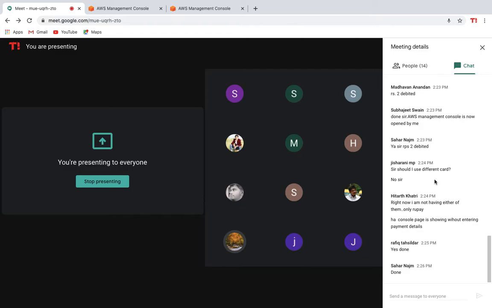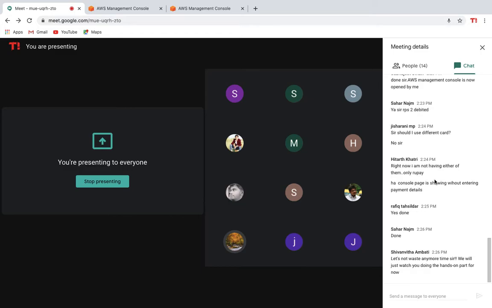Okay, meanwhile, let me give you some introductions. While predicting the required computer power, guys, there can be two scenarios. You may overestimate the requirement and buy a stack of servers which will not be of any use, or may underestimate the usage, which will lead to the crashing of your application. Right. So today we understand all the key concepts and instance creation. Let's not waste any more time. So you'll just watch me doing the hands-on part now. Okay, fine, I've started.